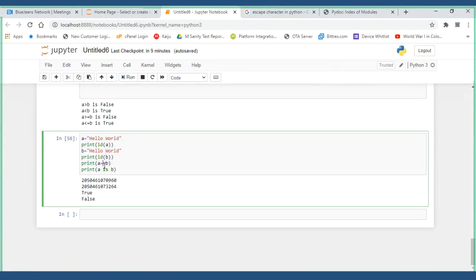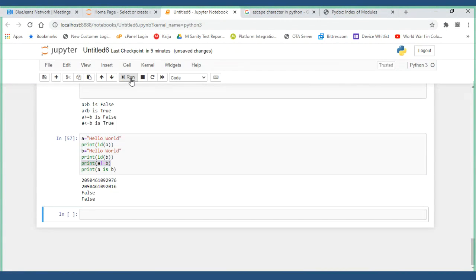And in that part, I'll just compare the text for this one. A is not equal to B. That's it. I'm telling hello world is not equal to hello world. So now it will return whether it is true or false. It is false, because both are same.